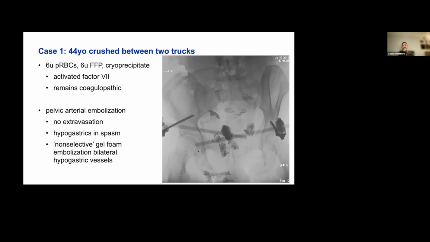Steve, do you see that much in your institution? And if so, do you see any complications from that? Yeah, certainly non-selective embolization is done when they don't see a clear source of bleeding in a hemodynamically unstable patient with a pelvic fracture. I haven't seen complications from that here yet, but I'm sure that's coming. But going back to what you mentioned at the introduction, life, limb, function: if embolization can save their life by minimizing hemorrhage, the potential detriment to their overall function long term is worth it.